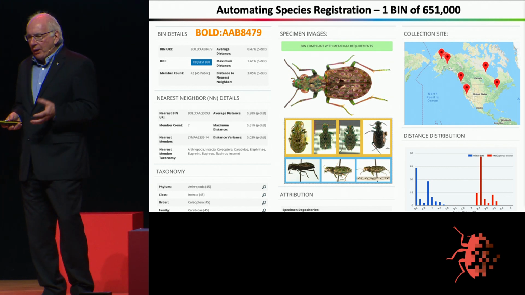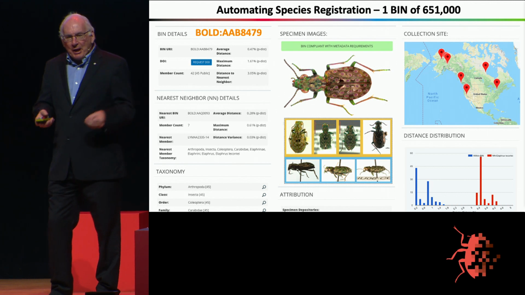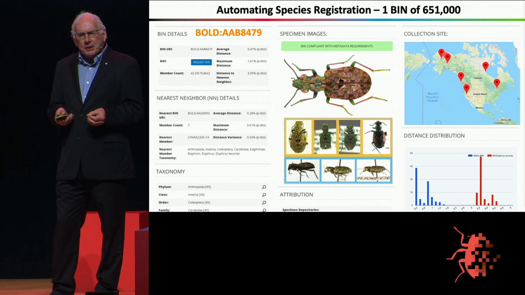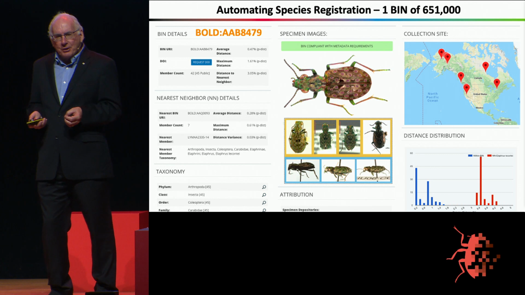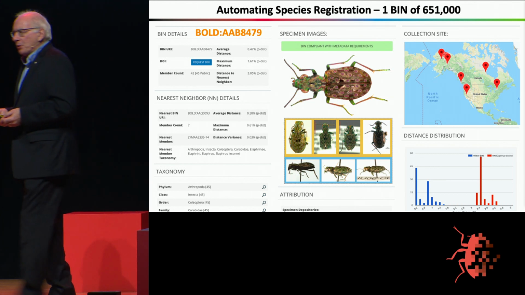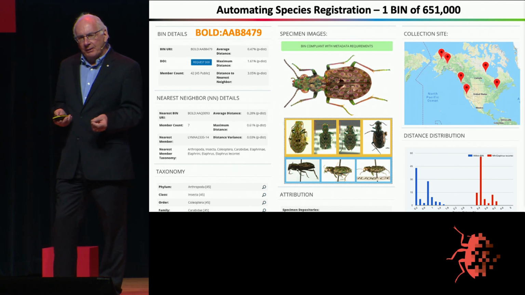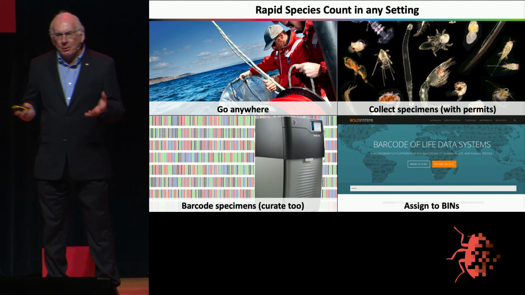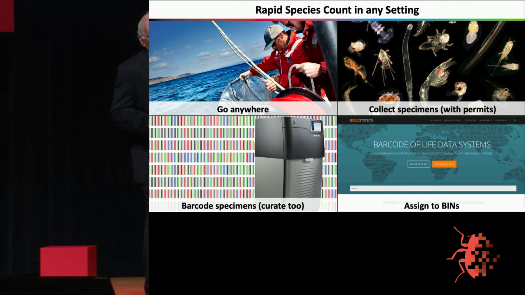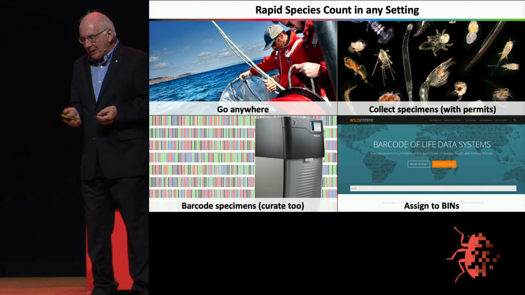We don't want to walk away from Linnaeus. We want to try and drive into the Linnaean system as far as possible because there's a lot of useful covariates that have been collected over the last 250 years. But this is the fast way to register biodiversity anywhere on the planet. So you can go to sea, you can climb a mountain, you can go to a cave, wherever you would like, and